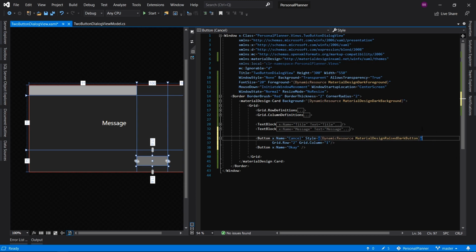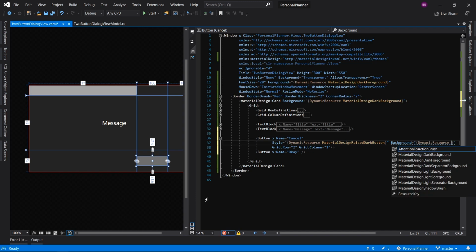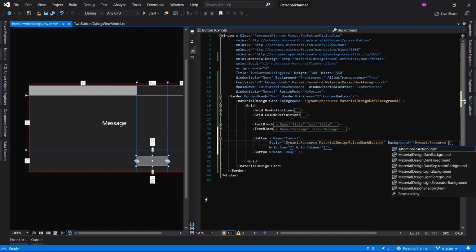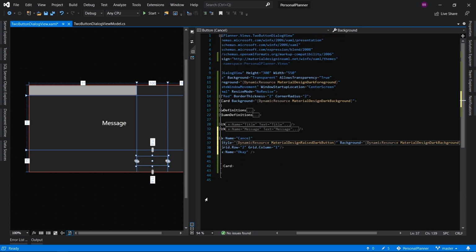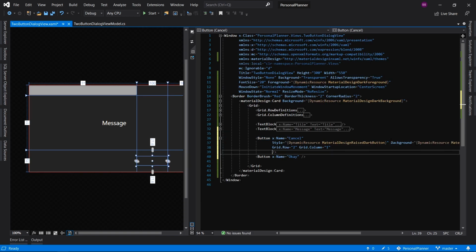And I'm also going to set, in fact, I'll do this in the next line, the background equal to the dynamic resource design dark background. I'm going to set a border brush to be red, and the border thickness is equal to